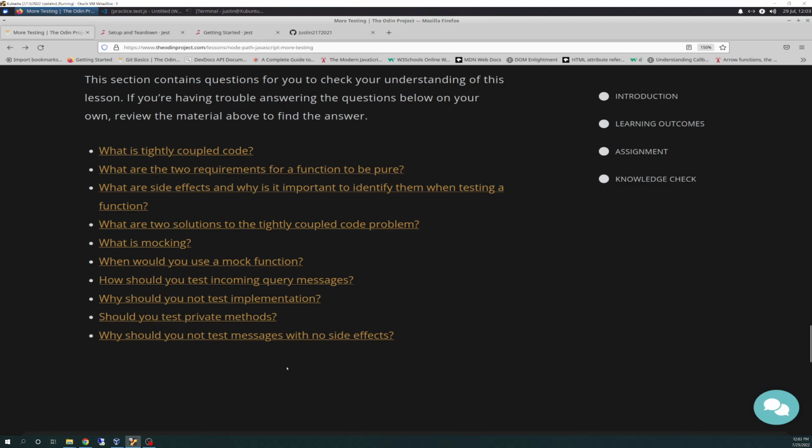And the last one, why should you not test messages with no side effects? This is because the sender should not test it. It's a waste of time, no value added. There's no side effects, there's nothing really to test. Ignore it, move on. We mentioned that above when I was talking about side effects. If there's no side effects, it's technically a pure function. So in this instance, with testing messages with no side effects, there's really no point in it. It's kind of the same answer as with